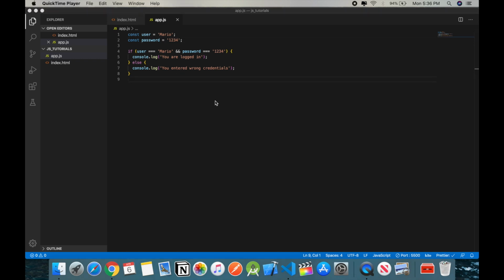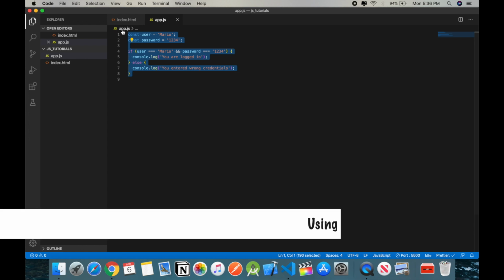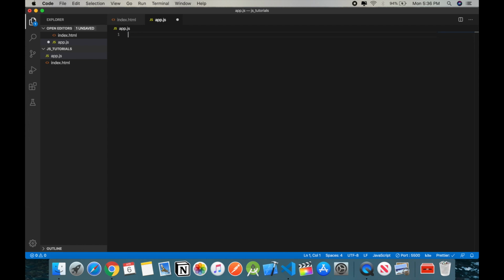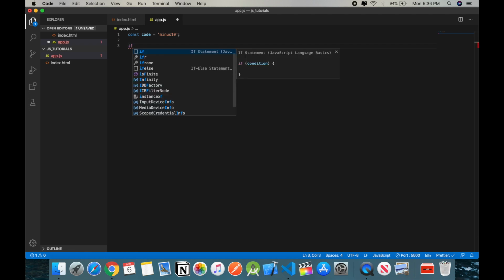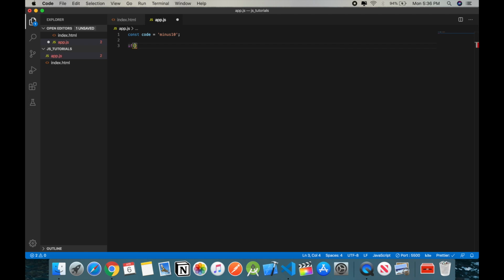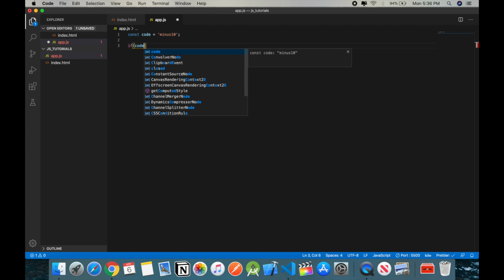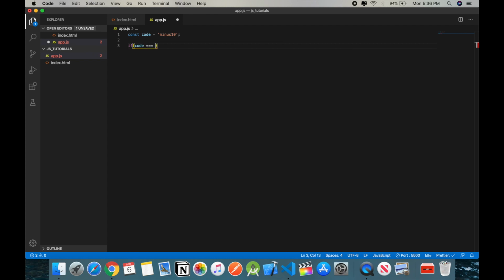We could also have a situation where we only need one variable to be true for us to move forward. So let's delete that. And let's say we have an e-commerce site that has a coupon code. So let's create a variable. We'll call this code, and we'll give it a value of -10. Let's create an if statement, and then we say if our code is equal to -10,